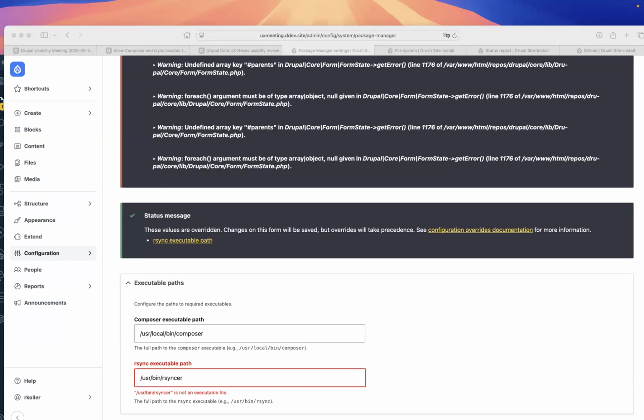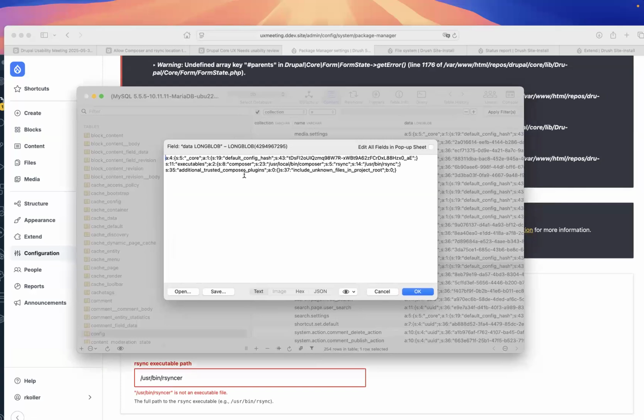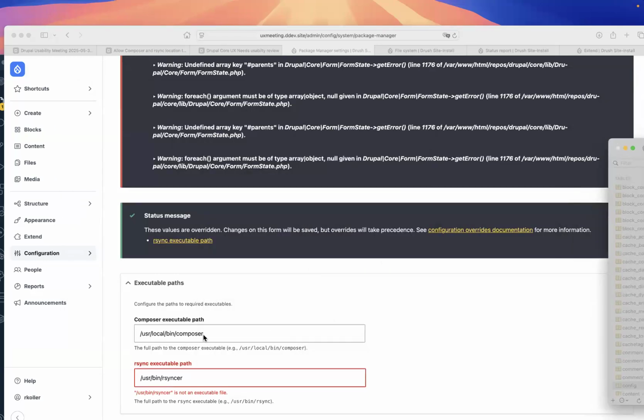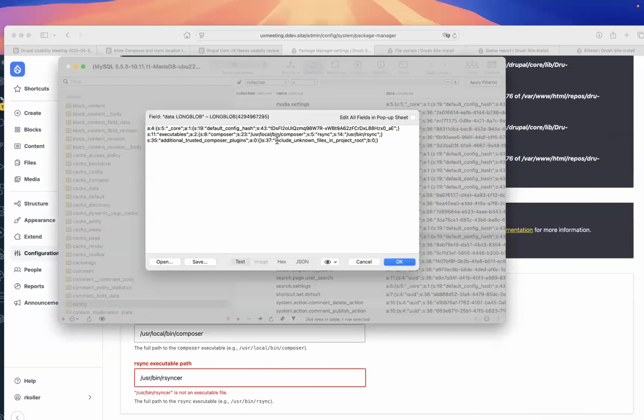Unfortunately, that is not visible in this example here anymore. But in regards to the override, the executable path problem is, technically speaking, that now paths are already set. But if you have a fresh install and get to that page, it is empty. So you don't have, for example, /usr/local/bin/composer or /usr/bin/rsync set, but it has no entry